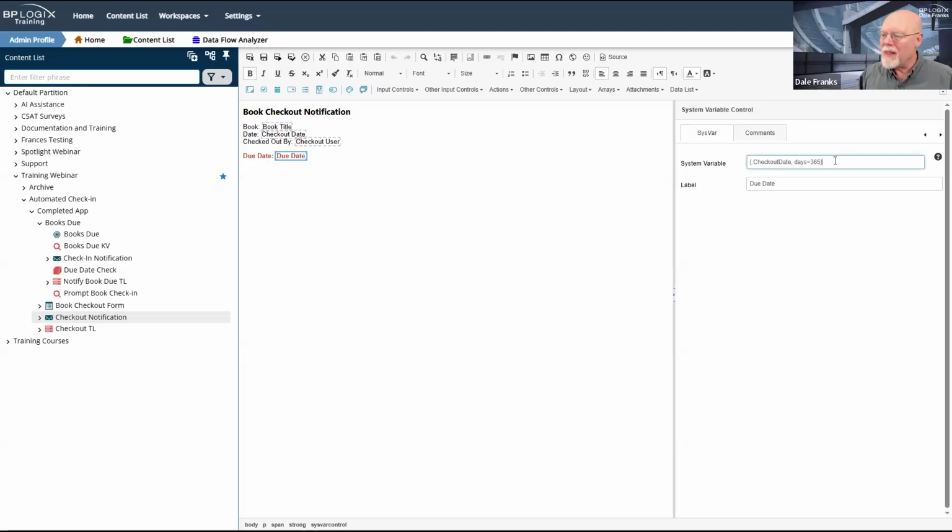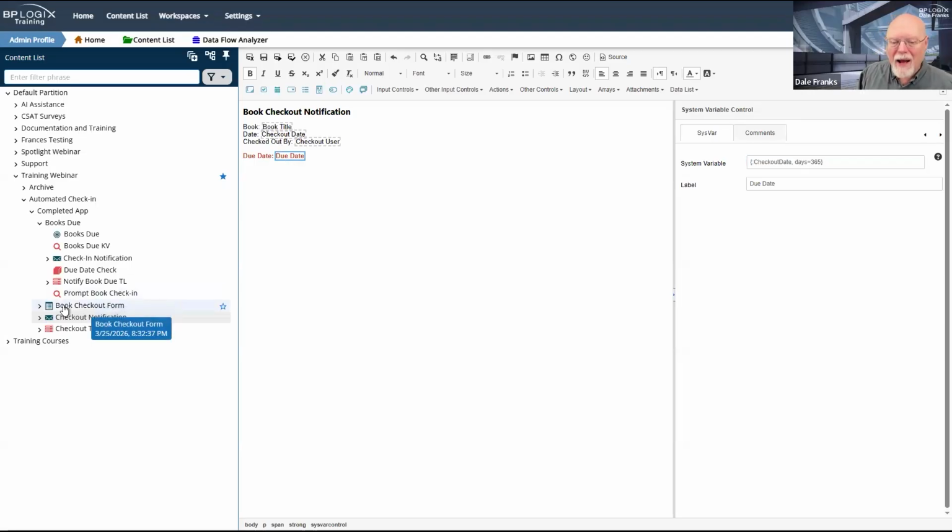If we look over here, that due date field I have set up is a system variable control. The system variable I am using is the form field system variable for our checkout date field. And then I've put in days equals 365. What that will do is add 365 days to the checkout date, and that will be my de facto due date.